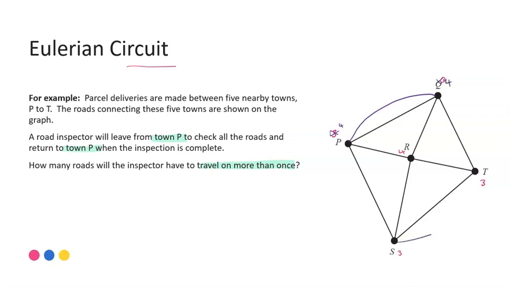And if I join S and T, that also becomes both even. And so now I know I will be able to complete a Eulerian circuit, and the roads that I will travel on twice are the connection between P and Q and the connection between S and T. So there will be 2 roads,